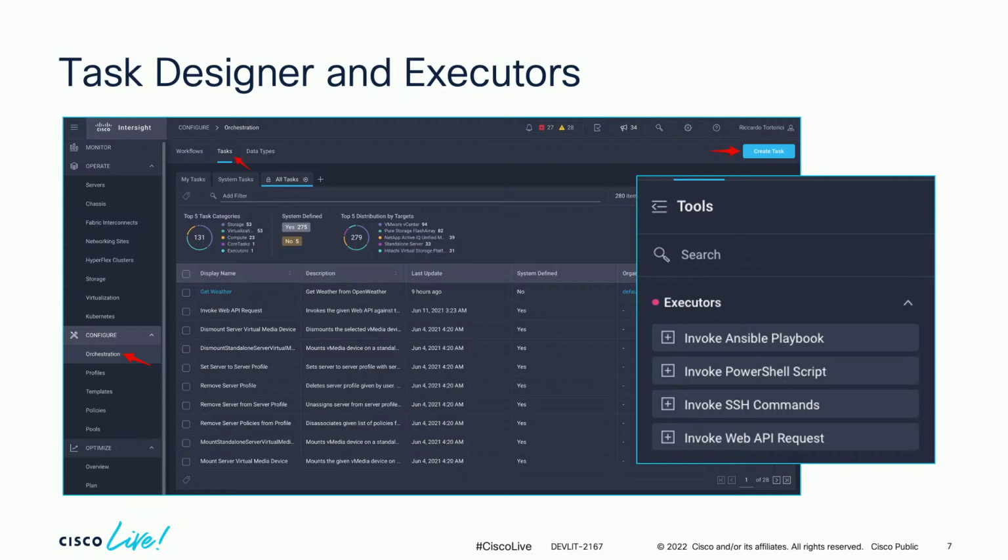If you are familiar with other orchestrators, like UCS Director, for instance, you know that to create custom automation, you have to code. You have to put in some JavaScript code. This is not really what we are doing with ICO. We want a low to no code approach. So we have these 4 executors that are able to abstract each one of these technology targets. You can have REST API calls, so you can think of a wizard to build API calls, to invoke SSH commands, or to do script callouts. Maybe you have